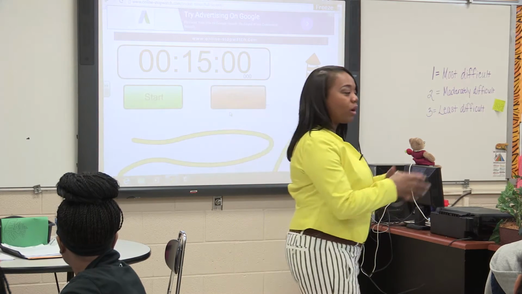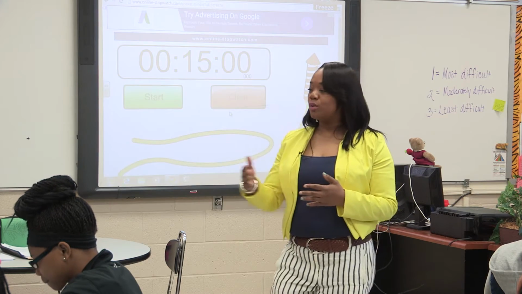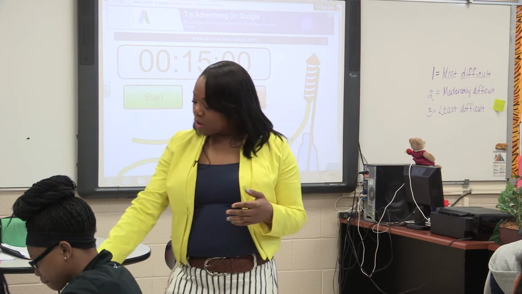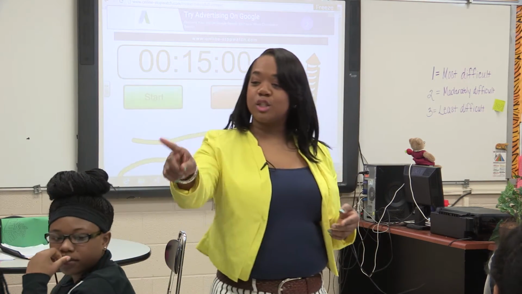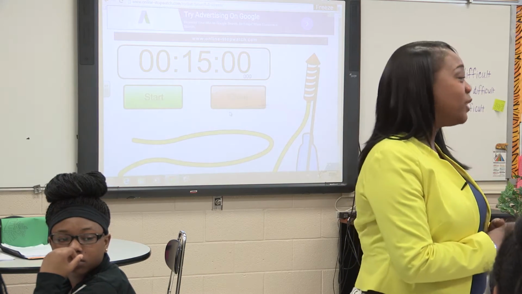We are going to work in our centers. We have different tasks at each center. You will move from center 1 here: what is the horror genre? Center 2, theme, and center 3, you get to do some creative writing. I had 3 different centers.